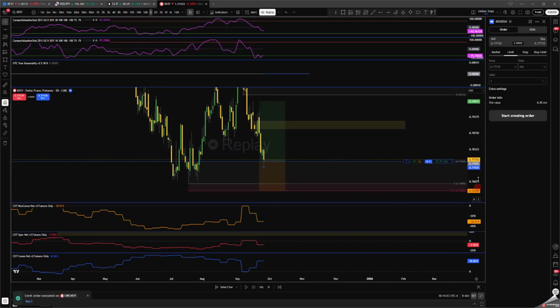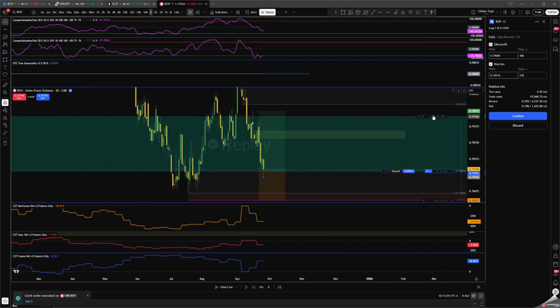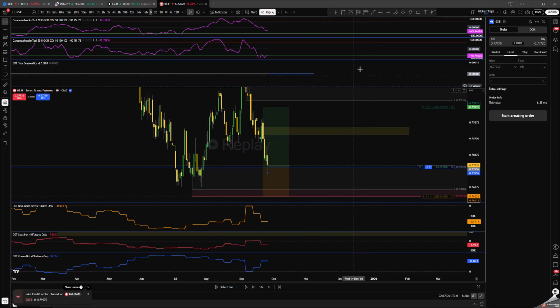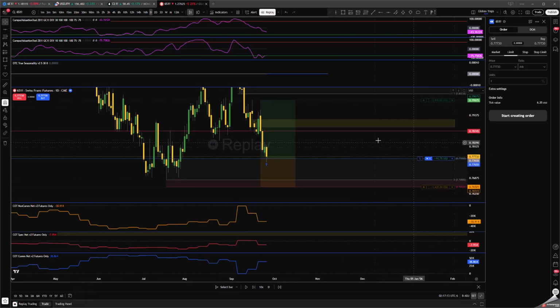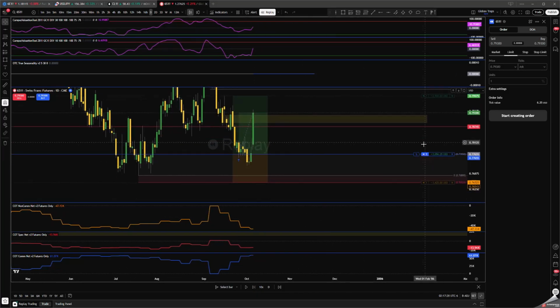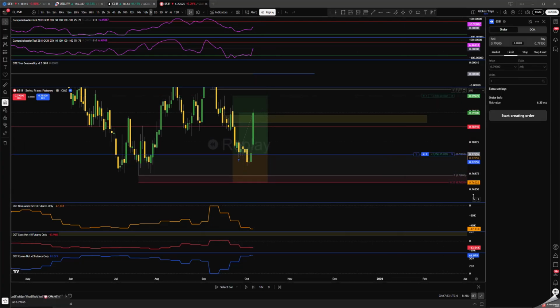Okay, so I'm filled. I will put my stop loss right here. My TP right here, confirm. And I think 1 to 1 will be somewhere around here. Stop loss to break even at 1 to 1, no matter what. So, okay, stop loss to break even, and